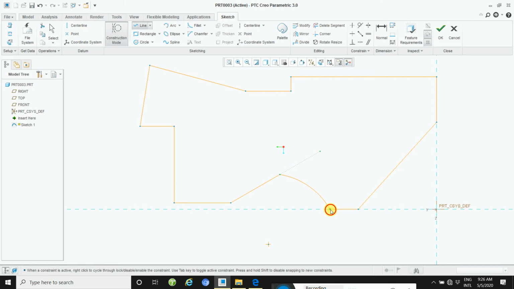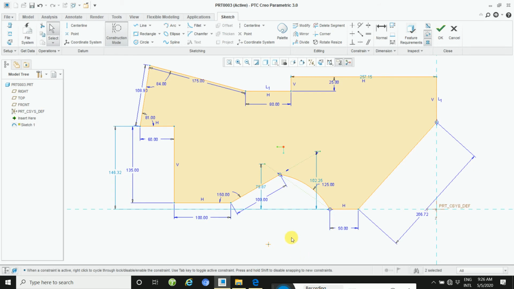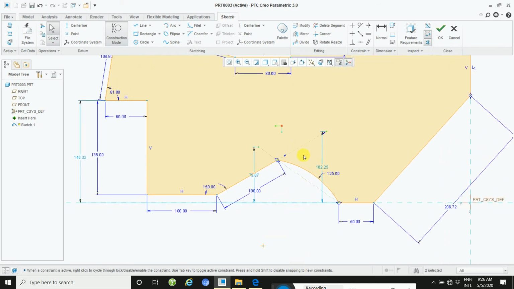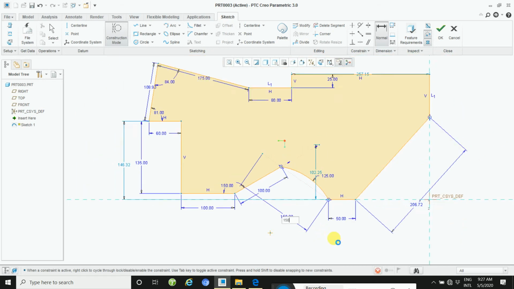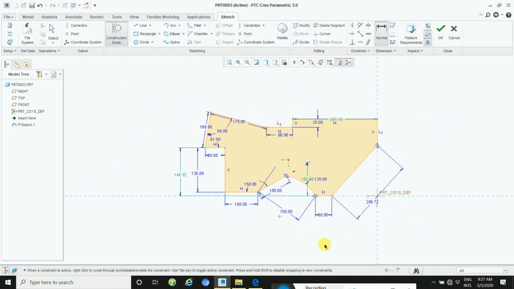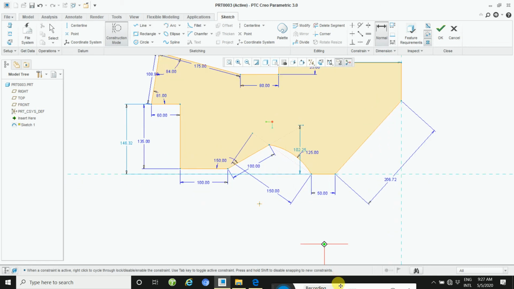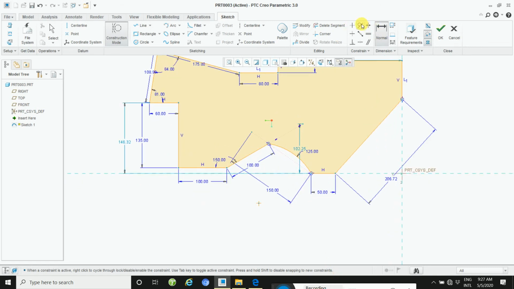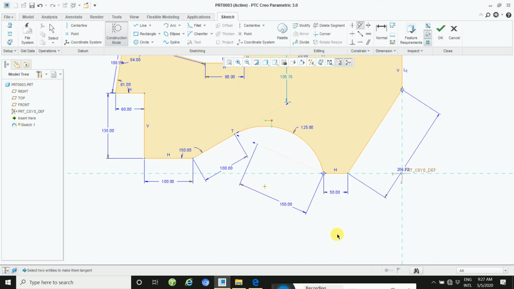Okay, this point and this point. Okay, and then define this angle here to here, click normal, two times click. This distance is 150. Okay, take a 150, fine. Try to tangent. Okay, first point and then second point, it's fine.